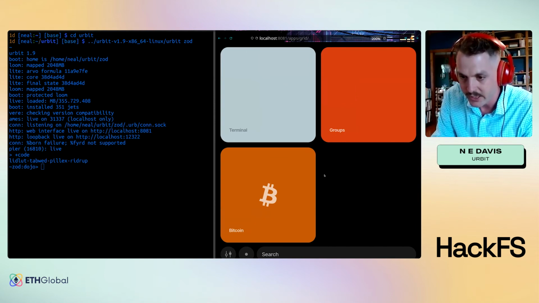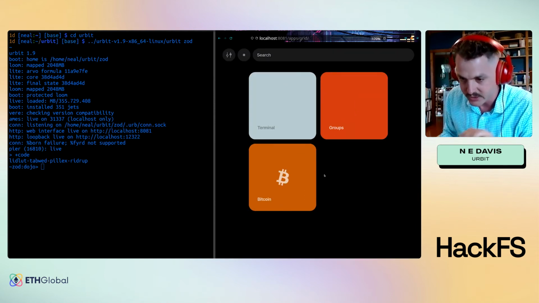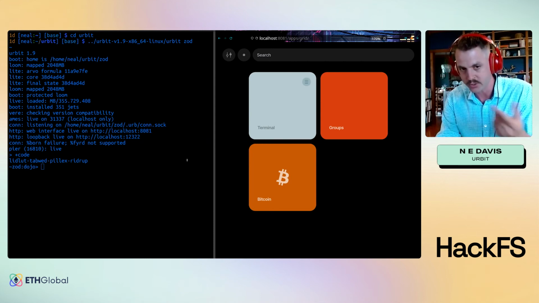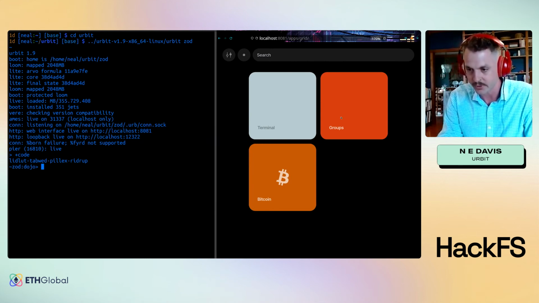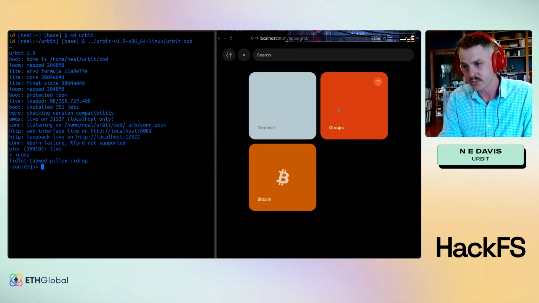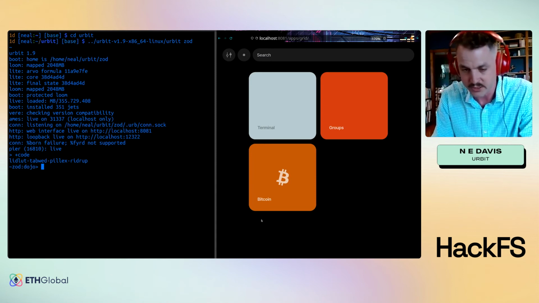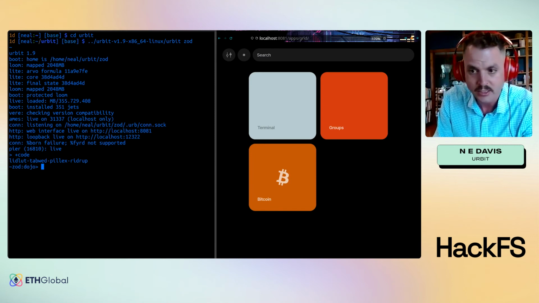And when you open that up, it will open to some window that looks like this. These are apps that are installed by default when you run such a ship for the first time. There's a web terminal, which is similar to the command line REPL here. There's Groups, which is the main social media application. There's a Bitcoin wallet that I can link to. And then you can install other applications if you're on the live network. This particular example ship is not.